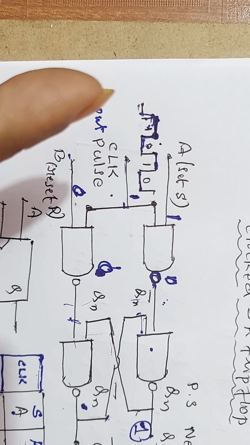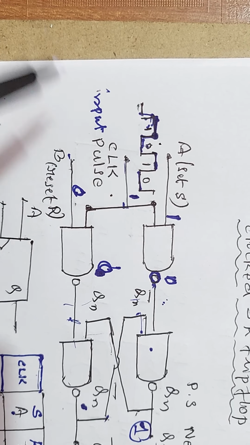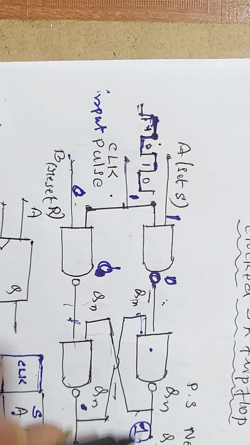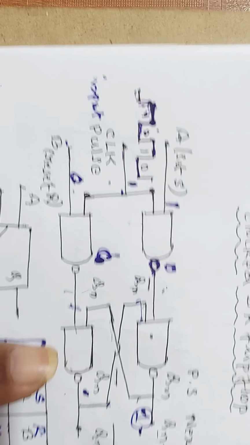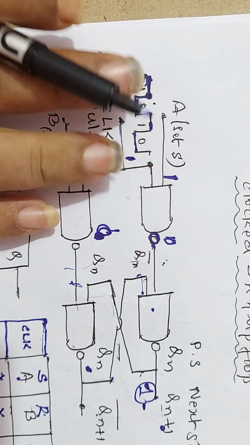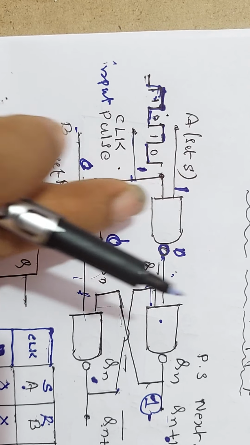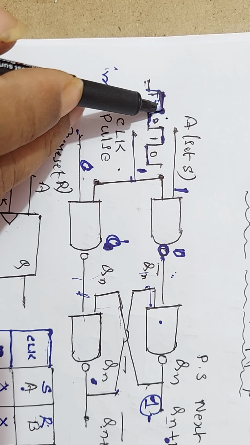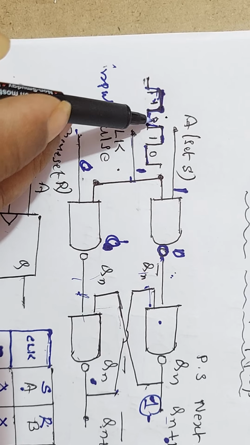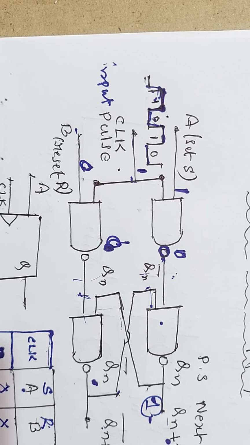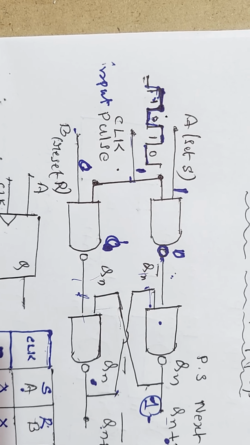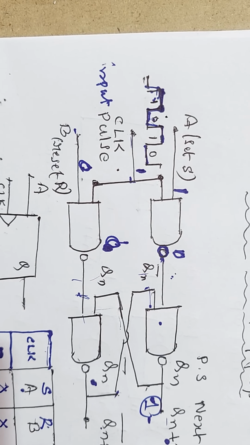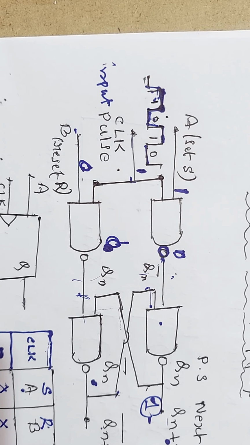In the normal flip-flop, there is no duration of the pulse. Pulse is not present. Therefore, it remains 1 as long as the input is present. Here, even when the inputs are present, only during this period, the output is set. When the clock pulse becomes 0, output goes to the previous state, that is Qn and Qn bar. This is the advantage of clocked SR flip-flop.